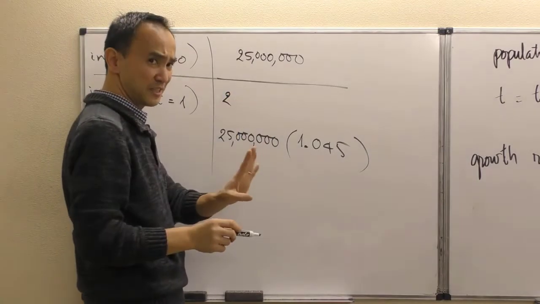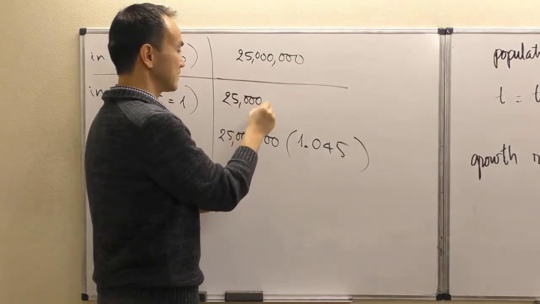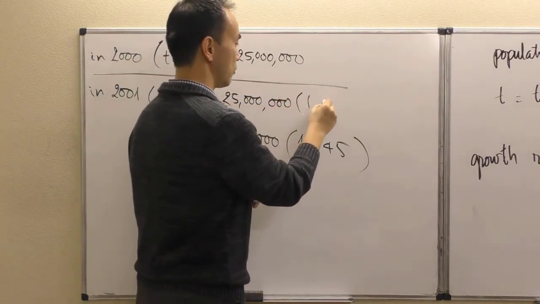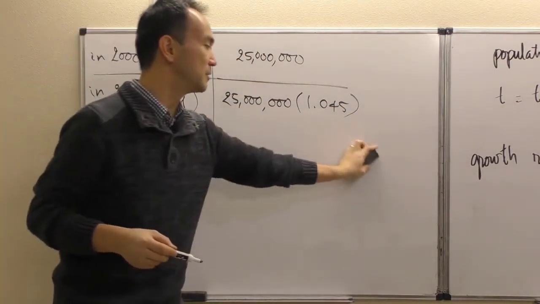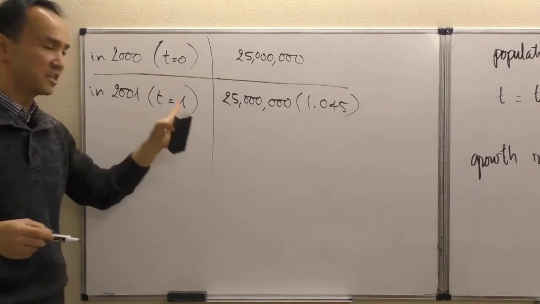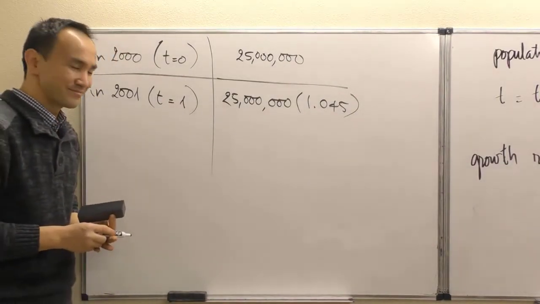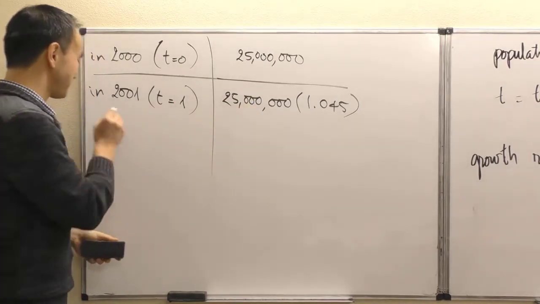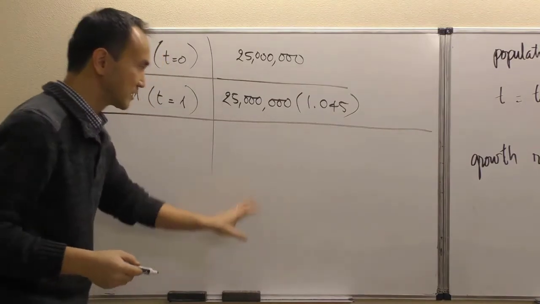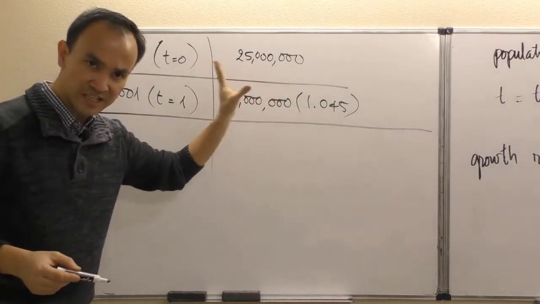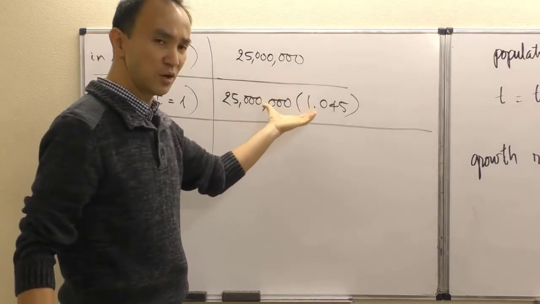I purposely leave the calculation out. I only write down the thought process, 1.045. That's what happens in year 2001, a year later, when t equals 1. And so now with that amount, allow the work to grow a little bigger here. Like I said, I decided to leave the calculation out, but anyone is welcome to use your own calculator